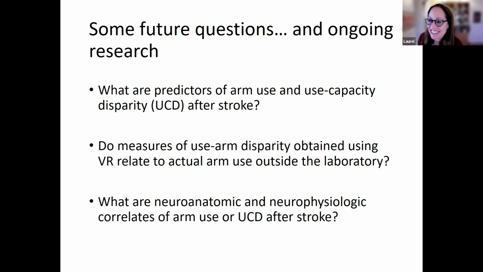Go ahead, Amanda. Yeah, my second question was related to the heat maps with the sensory motor representation in the sensory motor cortex. I was wondering about your thoughts on how much of that is, to me, it strikes me as a little bit chicken or the egg. We know that sensory motor cortex representation is highly plastic, so is there any relationship with the chronicity of the stroke or the length of non-use that maybe also predicts asymmetries in representation across the two cortices?